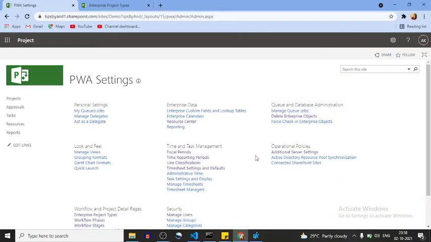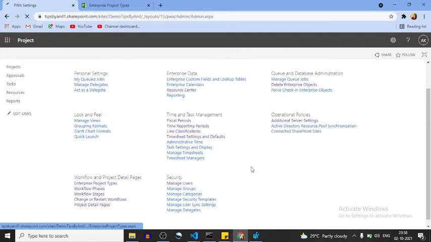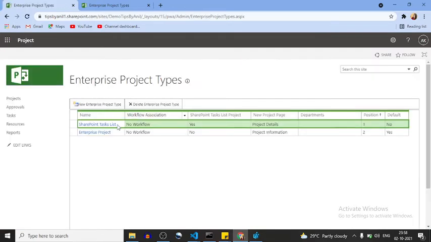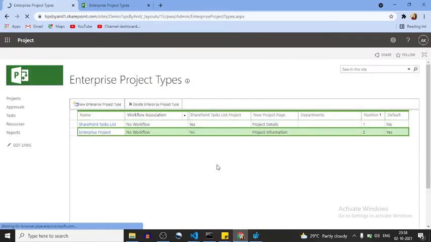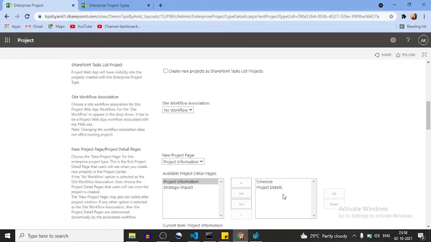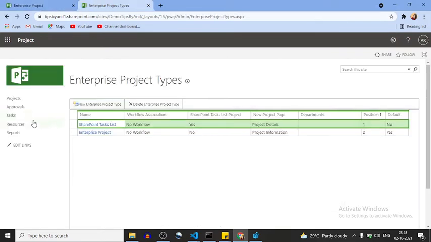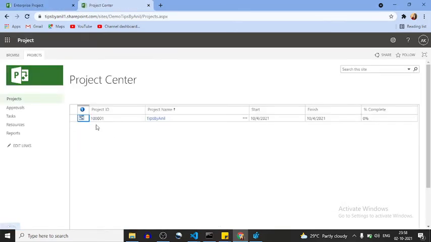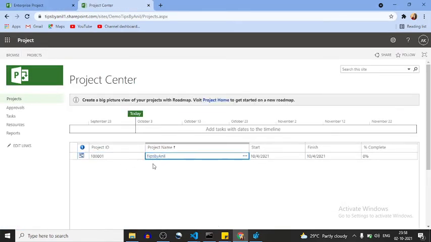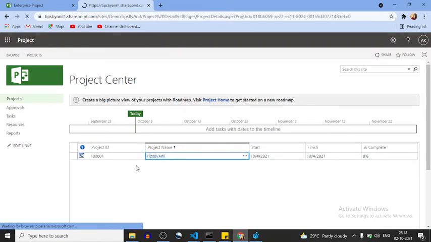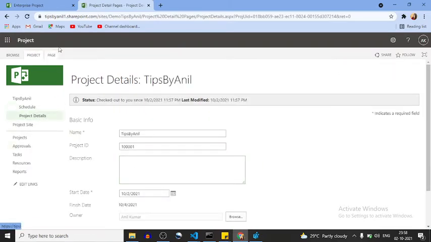Okay, so in this enterprise project, we have only two PDPs, Schedule and Project Detail page.